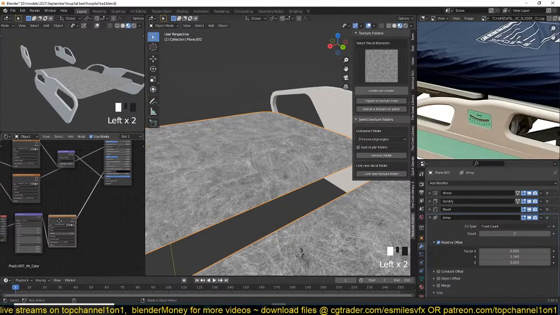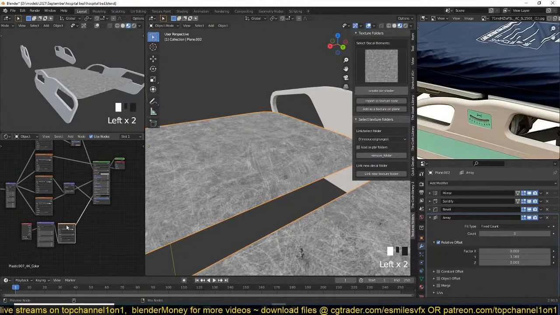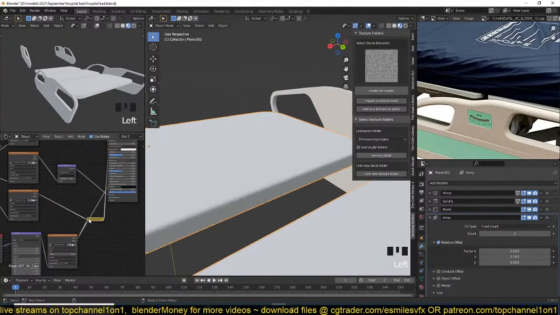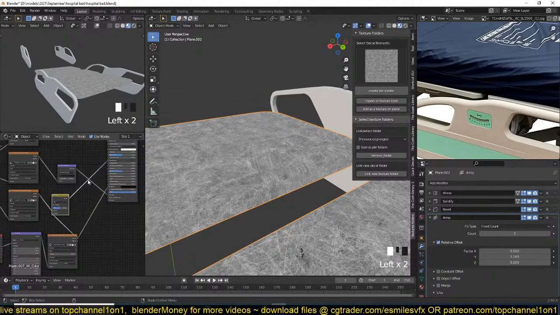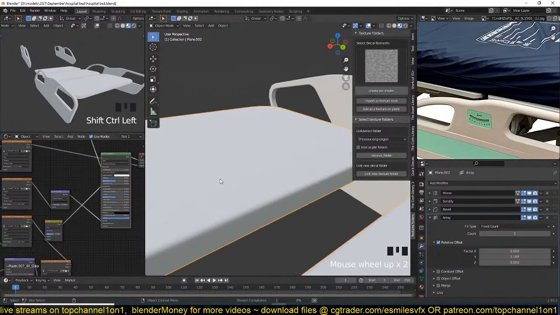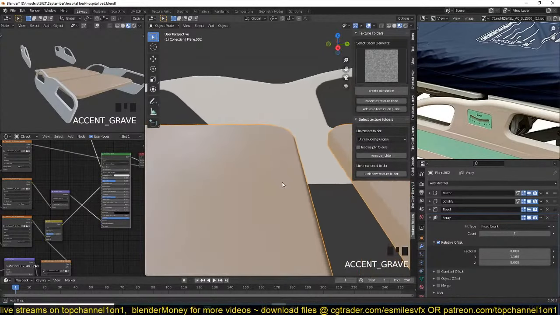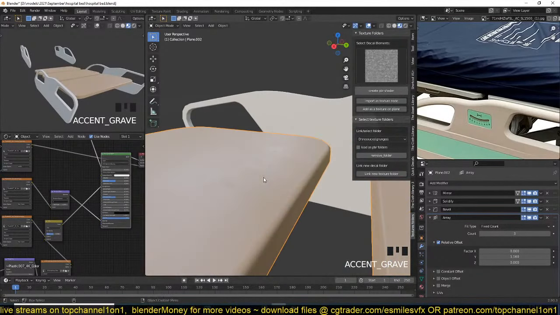Yeah, and I'm just going to blend this with the roughness. Where is the roughness? Yeah, this roughness here. Yes, so now you can see we get a much richer